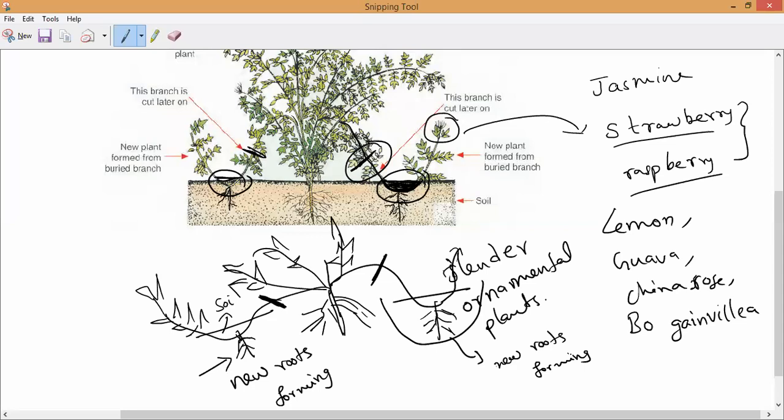After a few days, new roots develop from the part of the branch buried in the soil.